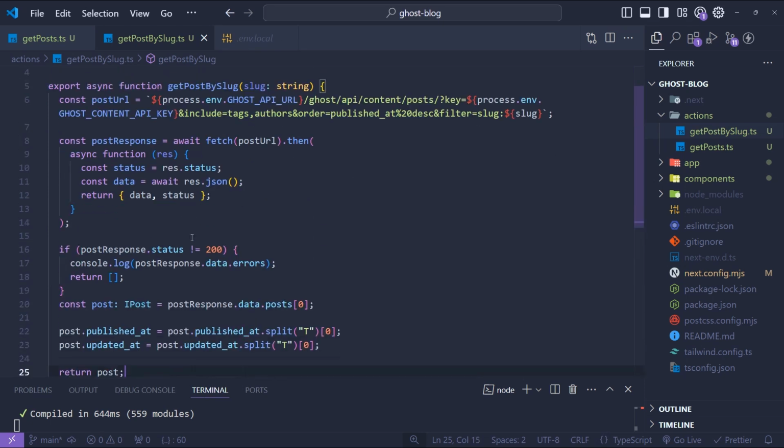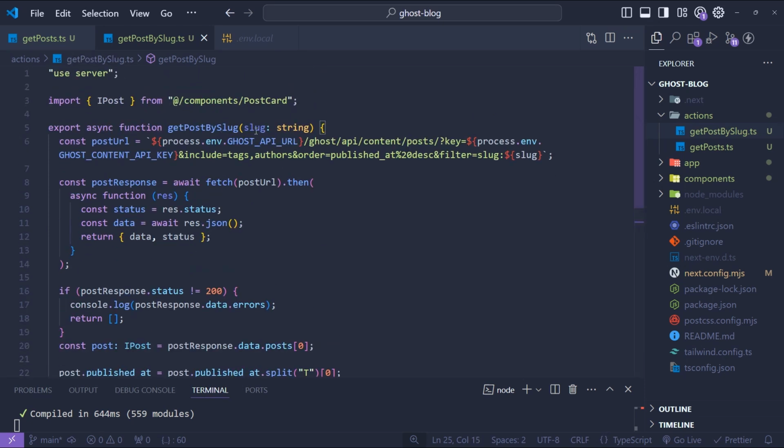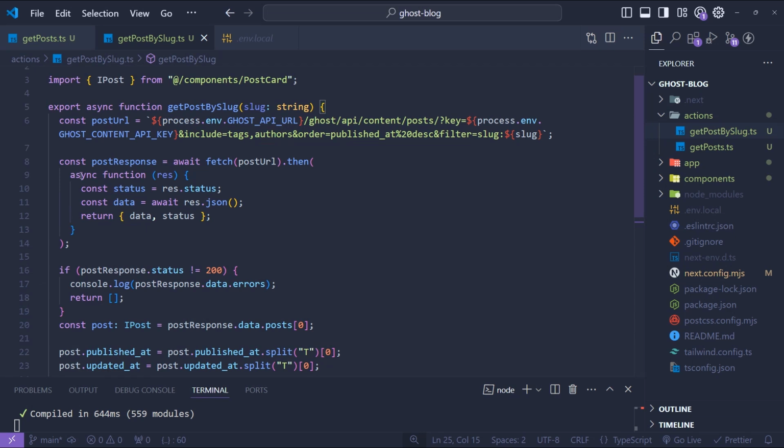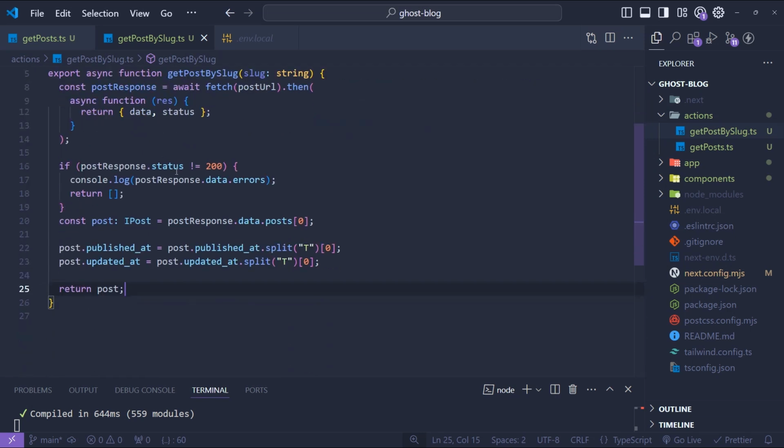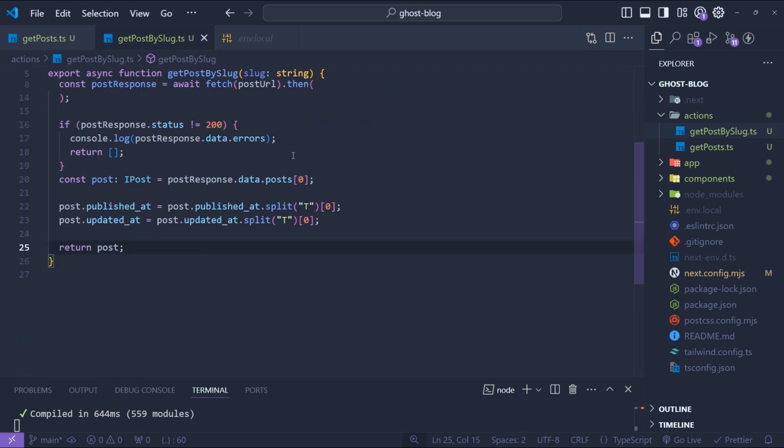Now we can see we have a get post by slug action ready. We have a post URL. We are making a request to it. We are checking everything's okay, and we are getting the data and updating the dates part as we need, and we are just returning the post. Yeah, this works good now. Now let's go with